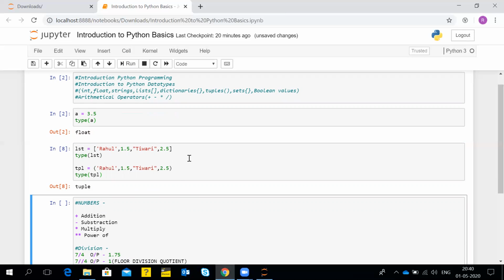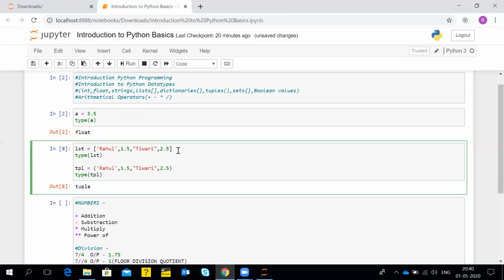The major difference between a list and a tuple is that a list is a mutable object. That is, we can go ahead and change the items, and we can add items in the list. But Python doesn't have any methods for tuple, hence tuples become immutable objects. Once you assign particular values inside the tuple, it acts as an immutable object, and you can't modify the values inside the tuple.